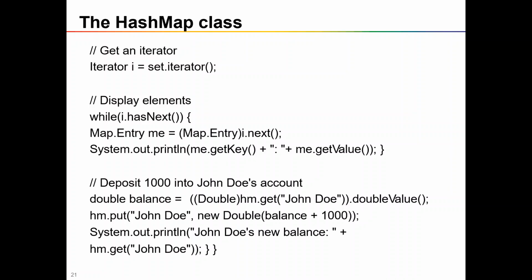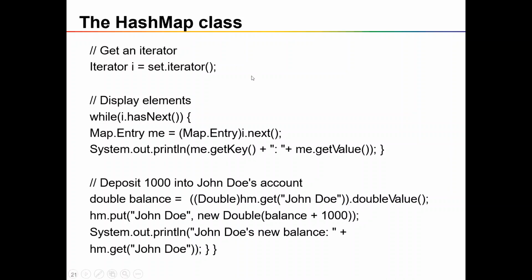But in case of hash map and any map classes, you will get a pair of data. To fetch those pairs of data, we use the interface Map.Entry. Map.Entry is an interface which allows you to retrieve the key and value combination from the iterator. So we are creating a reference to Map.Entry, and in Map.Entry we have methods like getKey and getValue. The getKey method returns the key of a given pair, and the getValue method fetches the value of the corresponding pair.